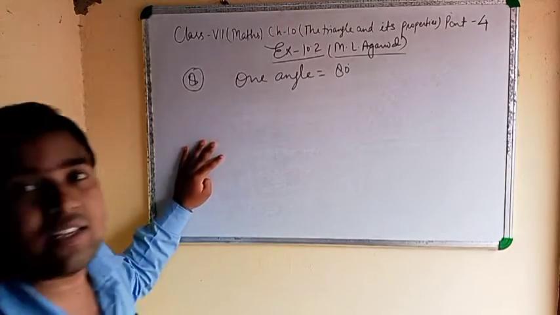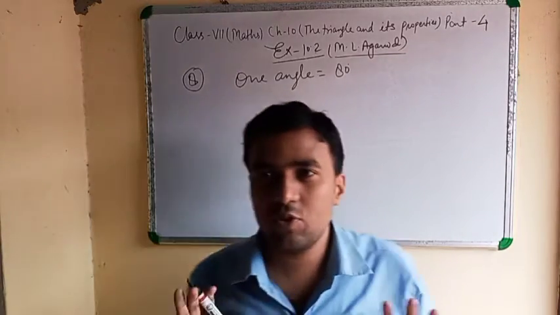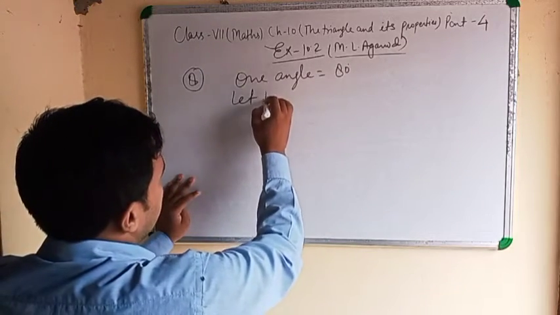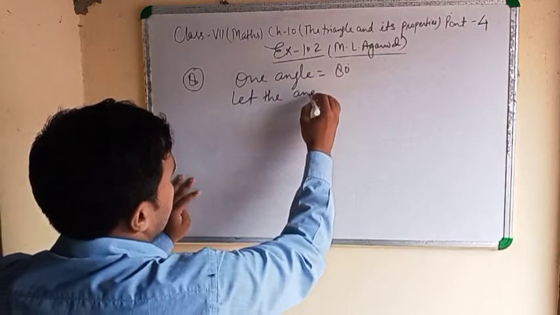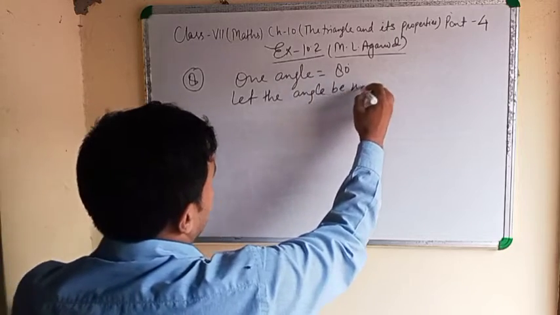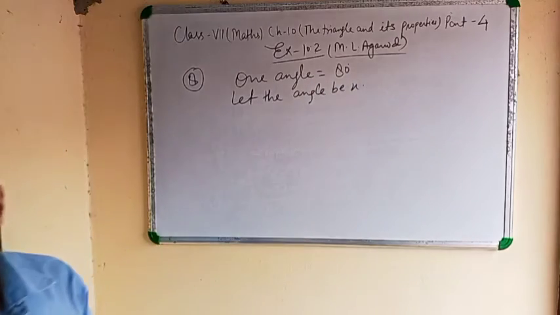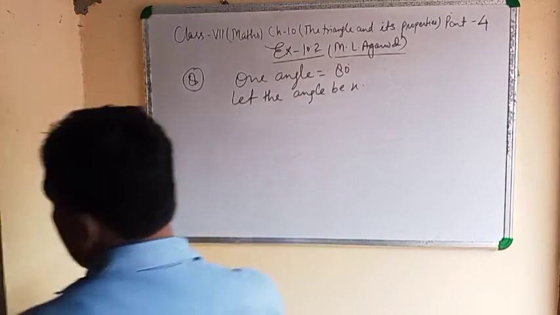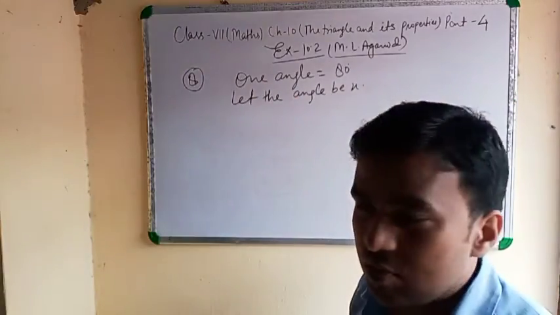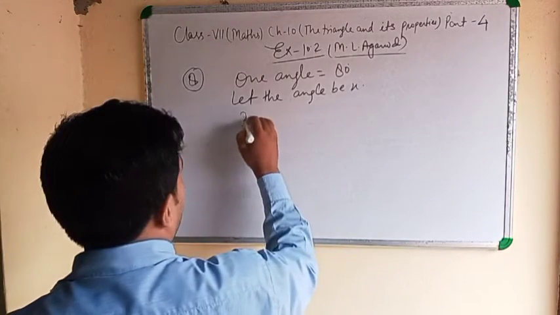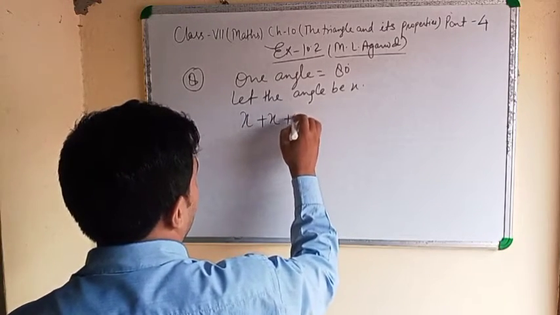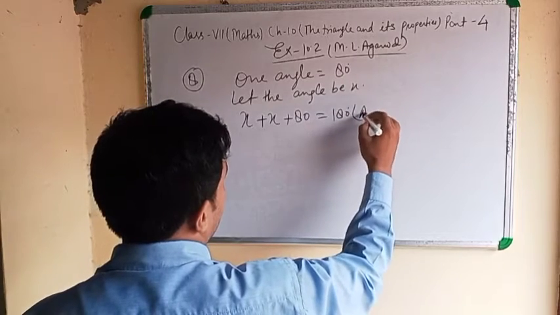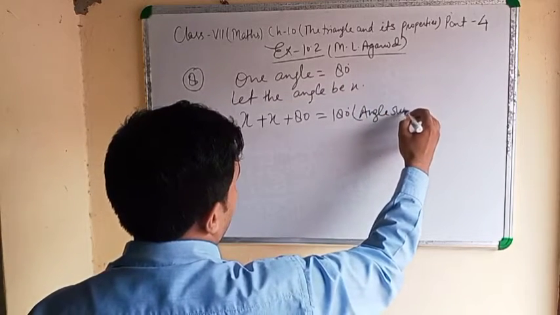Other two angles are equal. So the other two angles we don't know. We don't know that. That we will take. Let the angle be x. Clear? Find the measure of each of the equal angles. We know that angle sum property I told you. Clear? Means x plus x plus 80 equals 180 degrees by angle sum